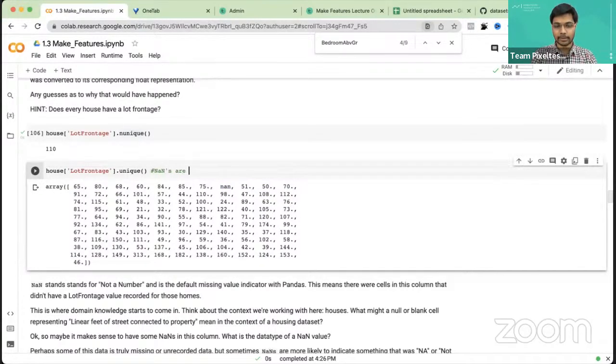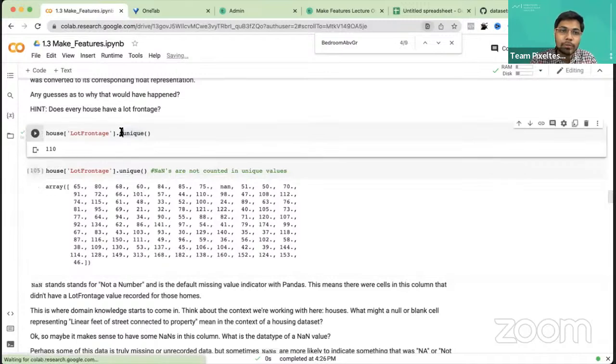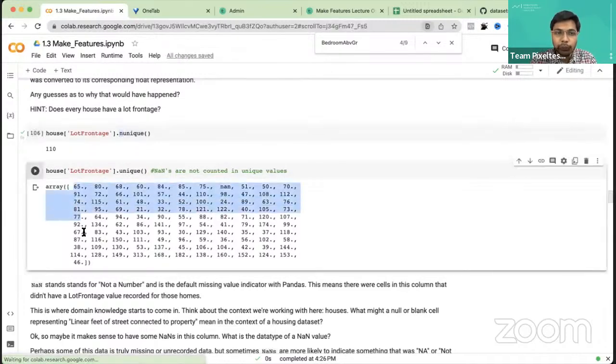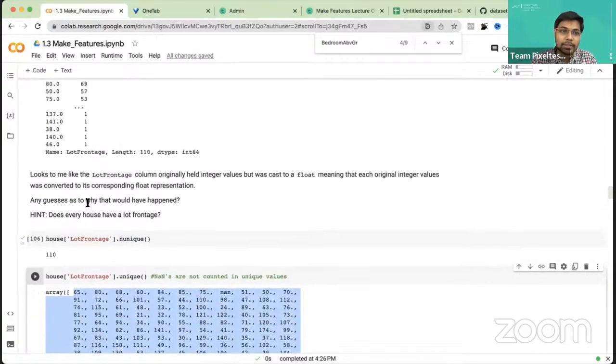NaNs are not counted in unique values, right? So you can be sure that whenever you say nunique, it will give you how many total unique numbers. So in this data set,